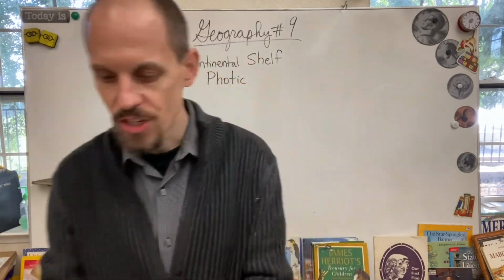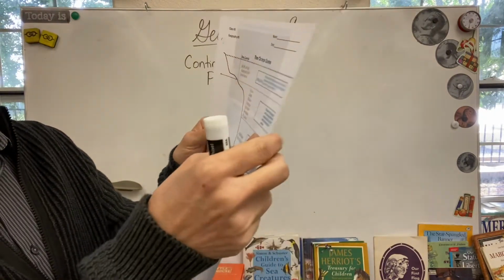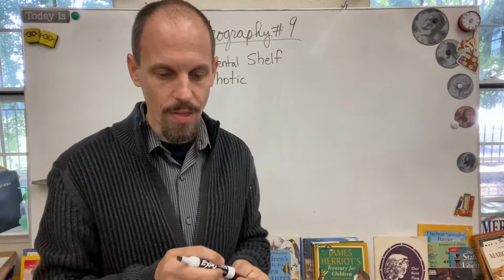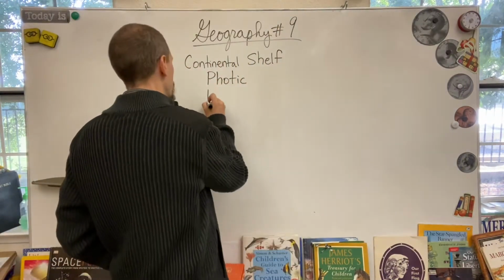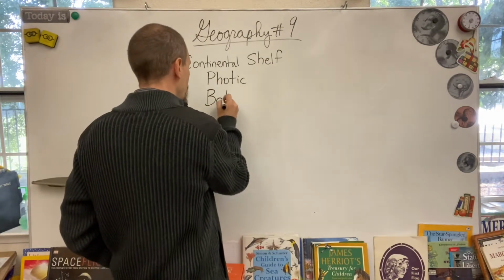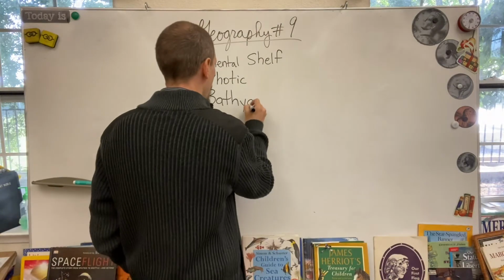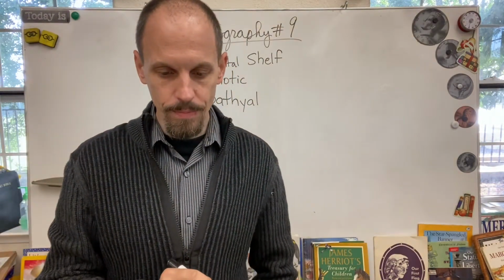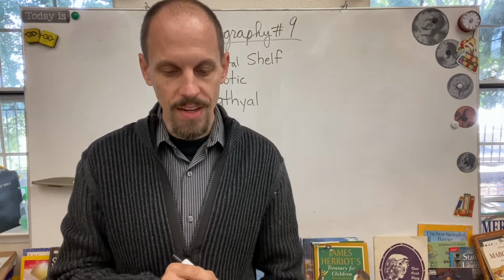Now let's go to the next zone. Now we're going to this zone. The zone of, and let's write this, the bathyal. So the next one in the next box, B-A-T-H-Y-A-L, bathyal, okay? The zone of the Pelagic Zone, or the part of the Pelagic Zone that extends from the depth